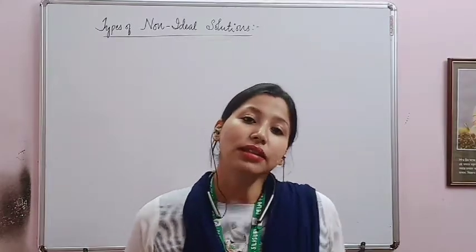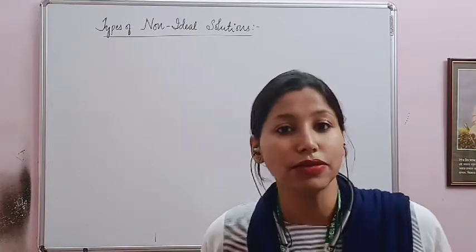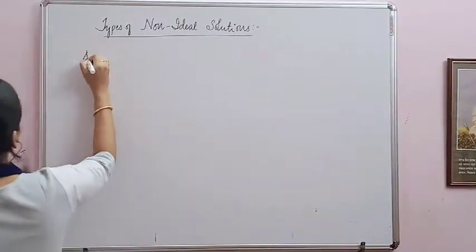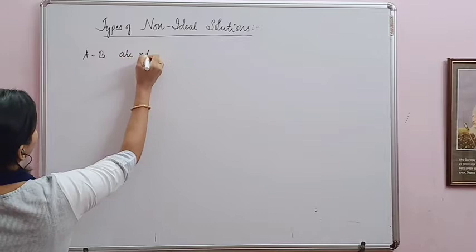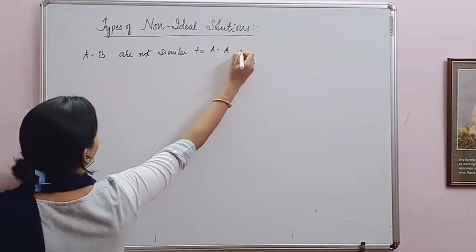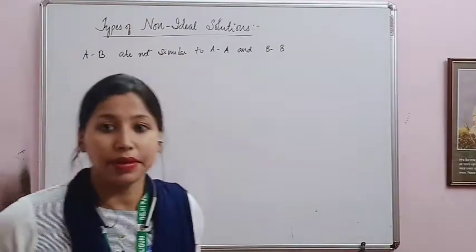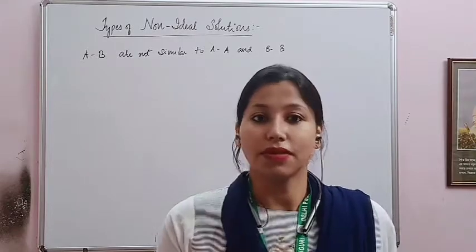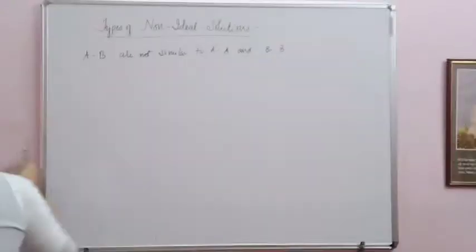Non-ideal solutions are those in which the interactive forces between the molecules of solute and solvent are not the same. That means A-B interactions are not similar to AA and BB interactions. If they are not similar, it will give rise to two types of solutions. Now, what are the two types of solutions? Let's discuss. The first one,